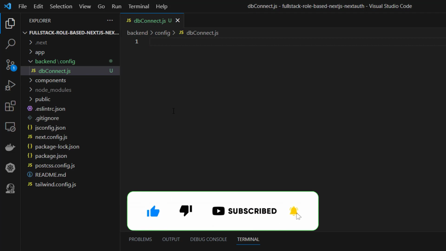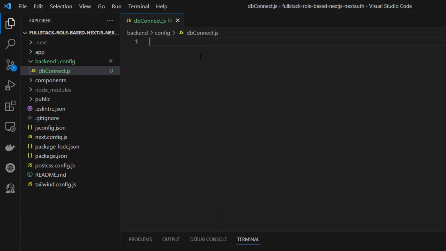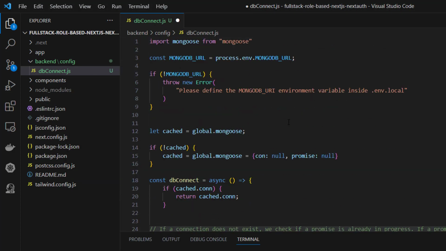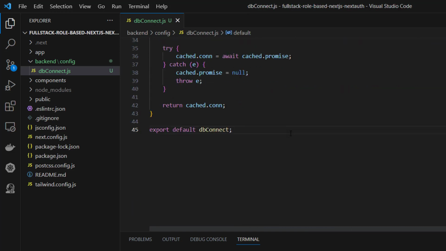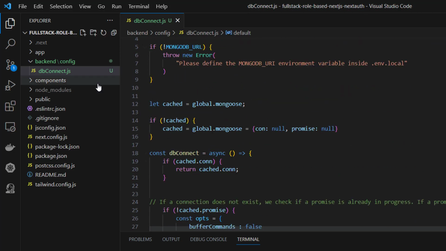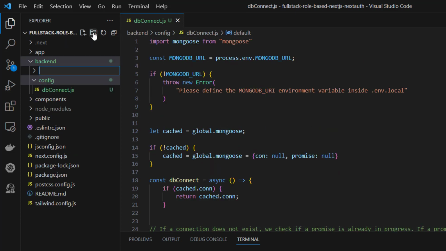So I have already placed it. If you don't understand, feel free to leave a comment. I will come to you and give you an understanding about the connection. Okay, this is the dbConnect, and create another folder for